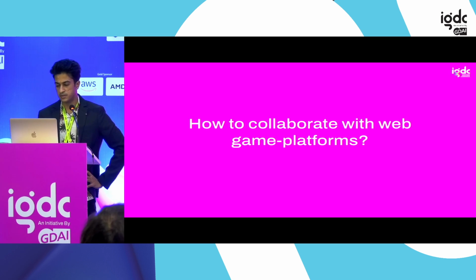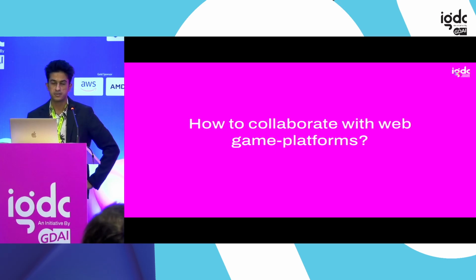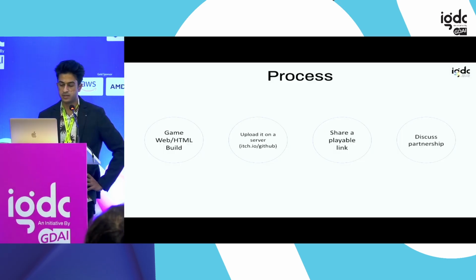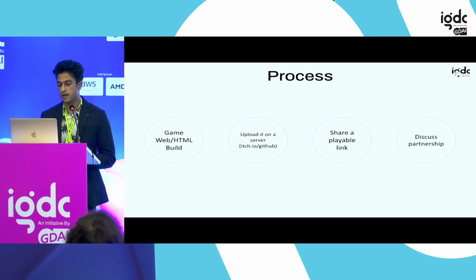How could you reach out to these web platforms? So the most important thing is to have a good game ready. It should be high quality, good art, good sounds, good music, good design, and not just hyper casual or stickman character, something like that. It needs to have a good feel. And once you have such a game ready, you can upload it on a server like itch or GitHub and share a link like, okay, hey, here's my game, you can play it. If you enjoy the game, we can discuss a partnership, upload the game on your platform. And because they receive tons of submissions, you really have to stand out in terms of quality for the game. You can't just be a shabby, half-worked game or something like that.